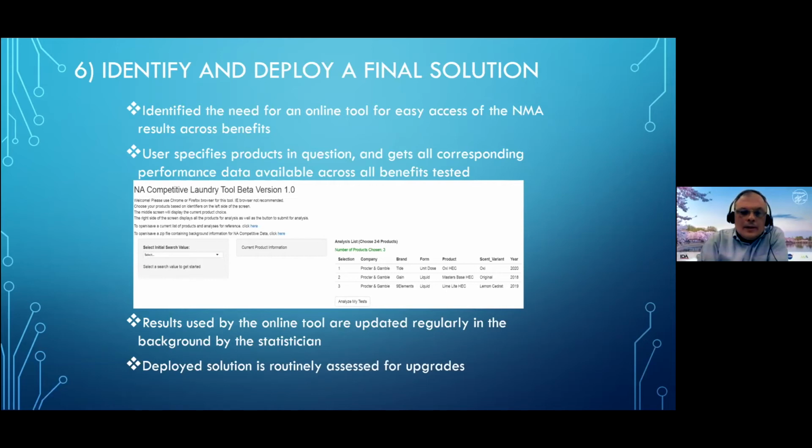Now, to access this final solution or this database, we have created what we call Web2, which is an intranet web page that allows the user to specify a few products at a time. That information is sent to a statistical server, which accesses the databases, extracts the information about the selected products, and provides it back to the user in a standardized format. The nice thing about having it set up like that is we can update the databases in the background without interrupting the process for the user to access the results.